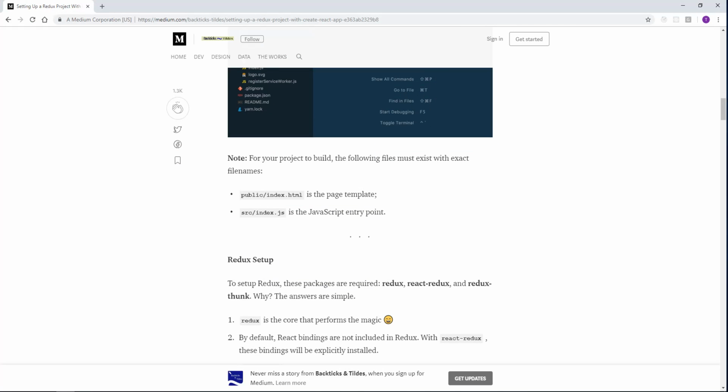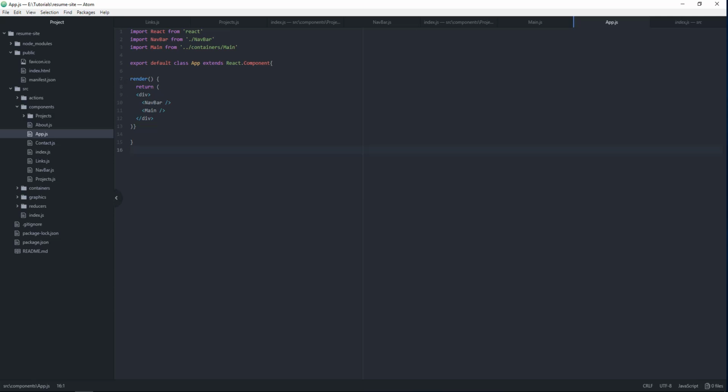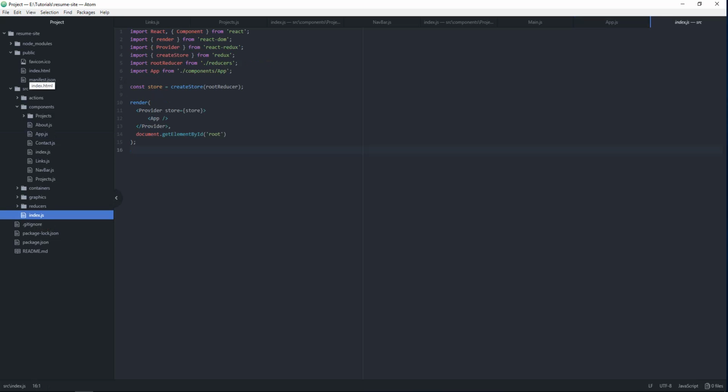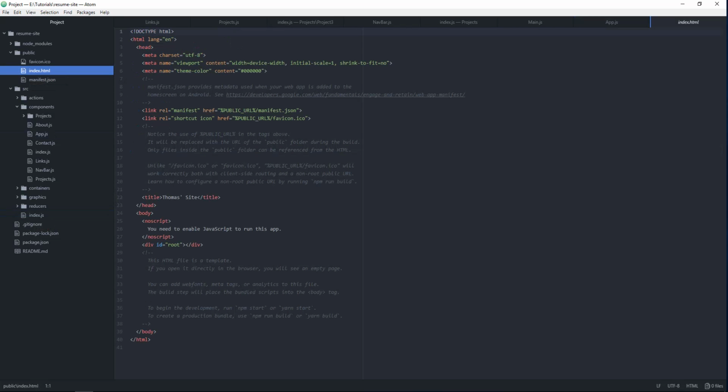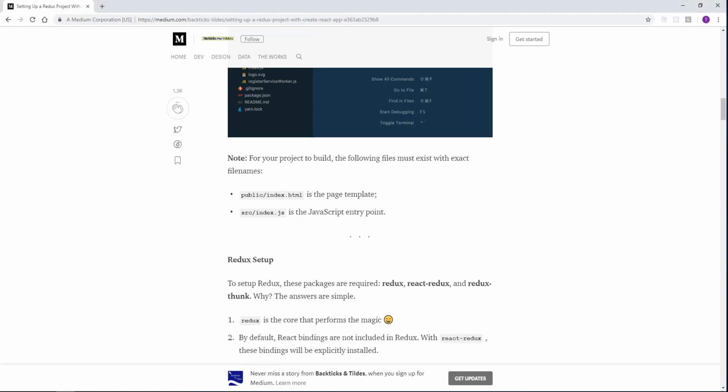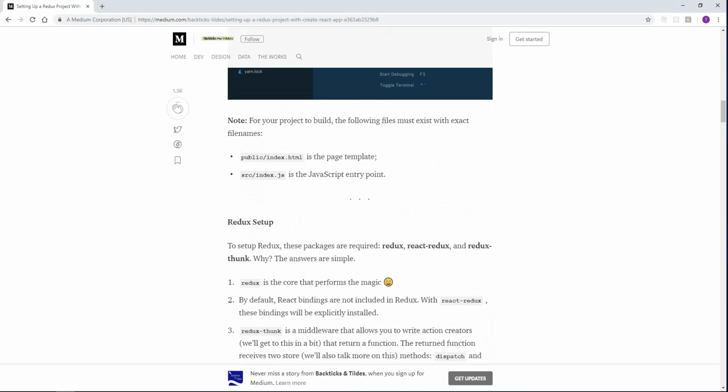So from there, note, for your project to build, the following files must exist with the exact file names. These are files we didn't move, we didn't want to change them. That's index.html and index.js. Remember this index.js and this index.html. The reason for that is, as they say,